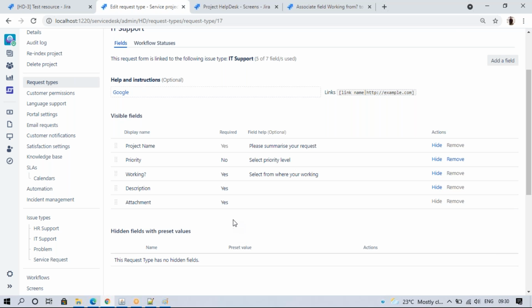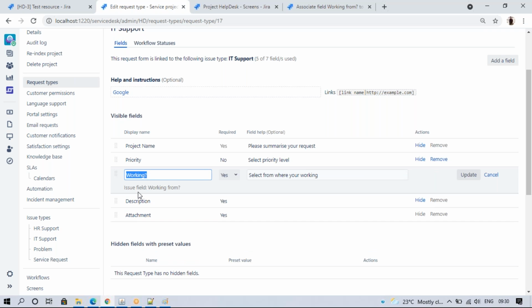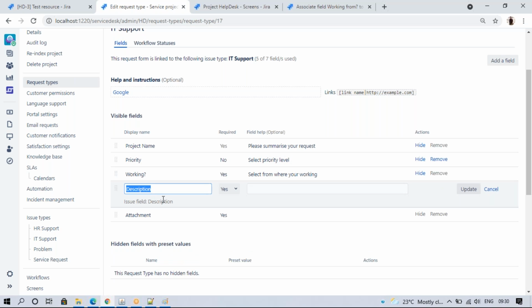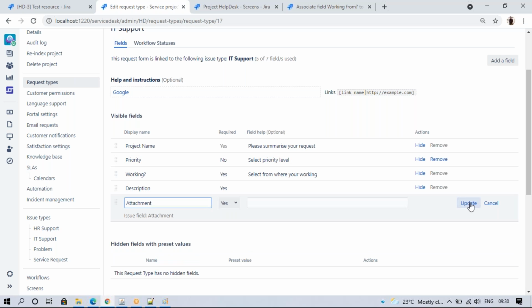So this is also an interview question. I added one field in the customer portal in the request type, but that field is showing as a different name. So what is the case? Or else, with the same name I'm not able to find it. So we can say we have a rename option. We cannot see which field is renamed and which is not. When you click on it here, we can see the issue field is working from home and it is edited, and priority is only priority, not edited. Description is only description, not edited. Attachments only, not edited. So attachment I can put as screenshot.